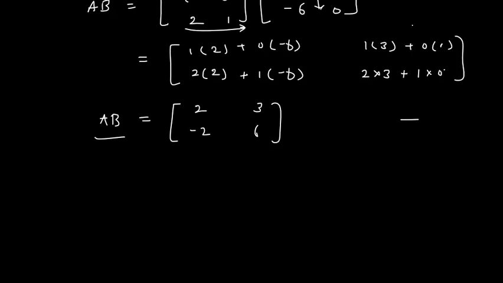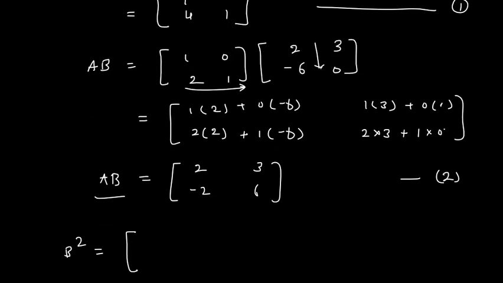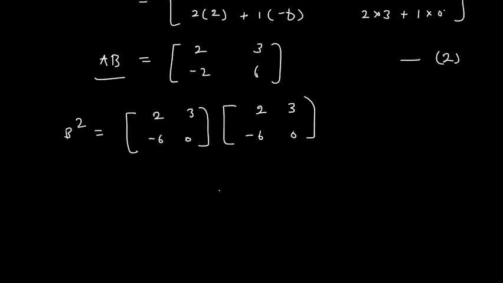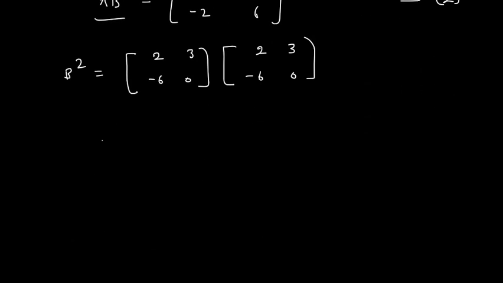Then third we have to find B square. So B square, B into B, the value of B is 2 3 minus 6 0. This is your B matrix. This is multiplied by 2 3 minus 6 0. Okay, so now this product, here what we get? We get 2 into 2